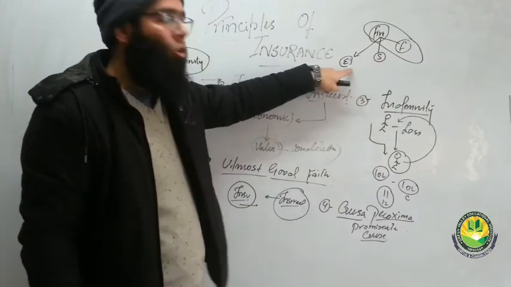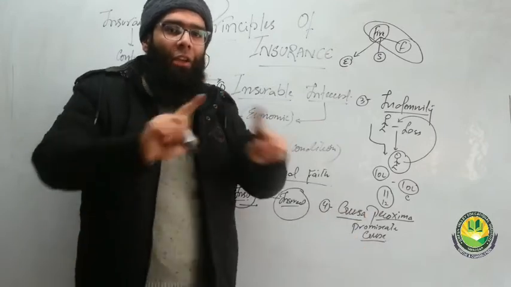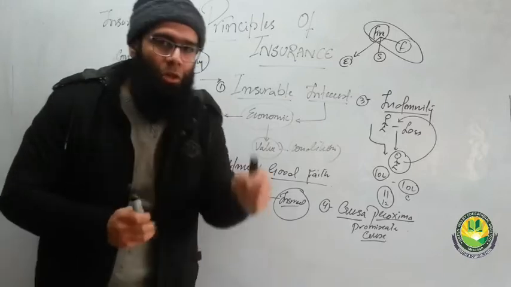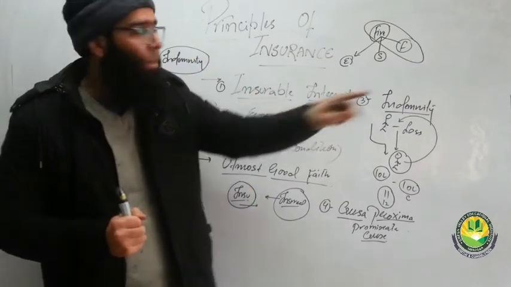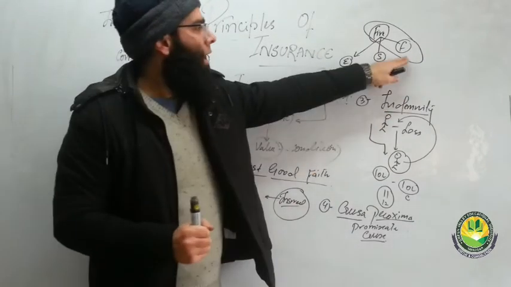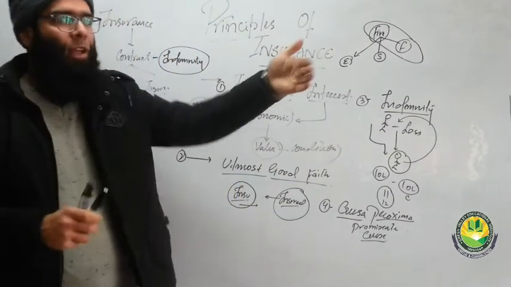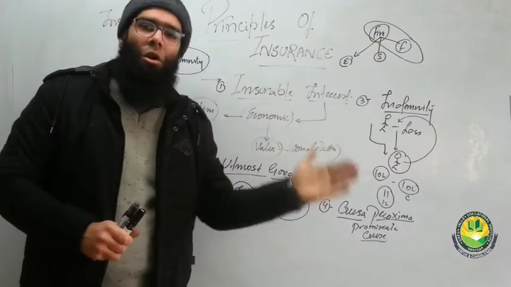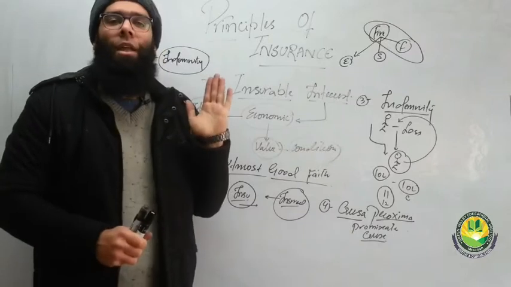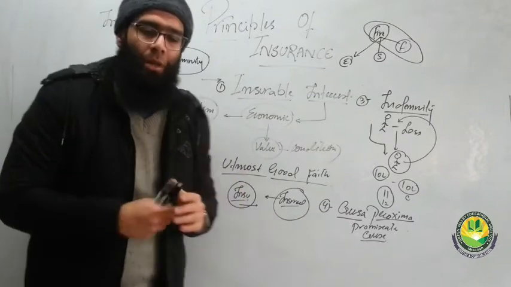Even though they both cause damage to the building, the principle of causa proxima says that if there are multiple causes to the damage of the property, then the nearest cause, the closest cause shall be taken, and here the closest cause was fire, so any damage caused by fire will be compensated. So causa proxima simply says if there are multiple causes, only the closest cause will be taken up, and the damages caused by that particular cause shall be taken as the damages.